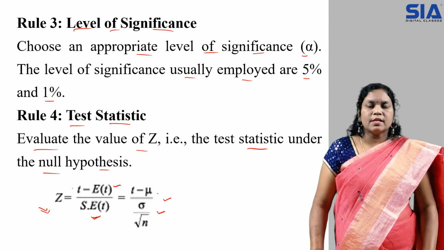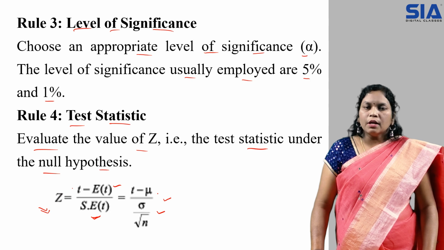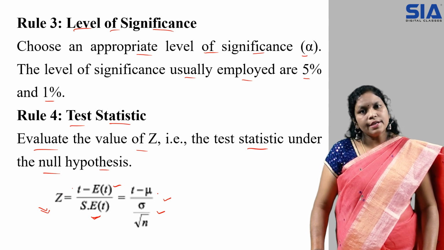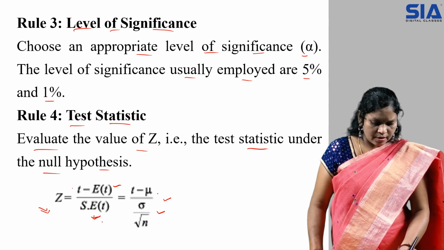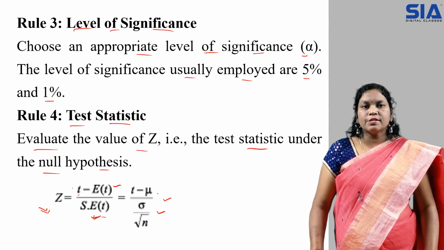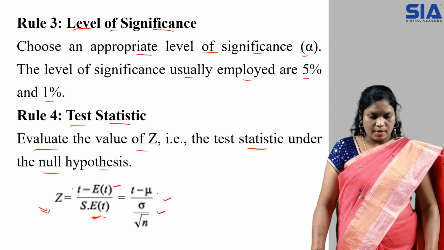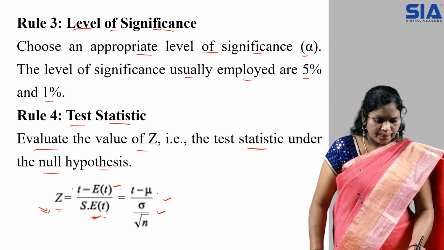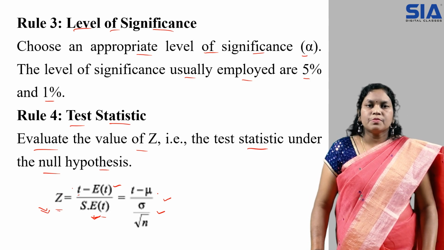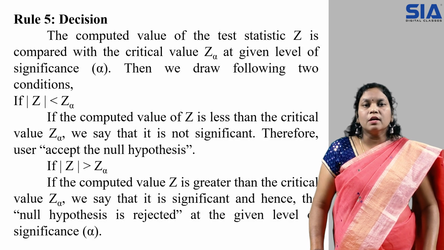So test statistics is the fourth step, after writing the null, the alternative, and the LOS. Then we'll be writing test statistics. So t and the standard error of t will be a function, and based on the data, we'll go for the particular formula. That is your z representation; we will always represent it through z, which comes from the normal population. So that is your step 4.